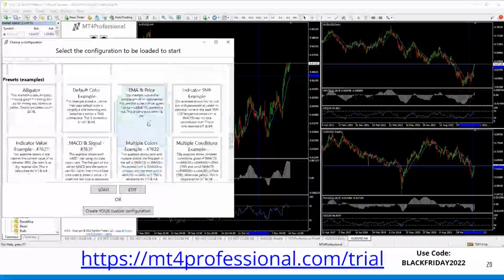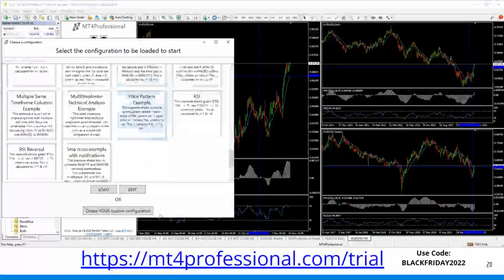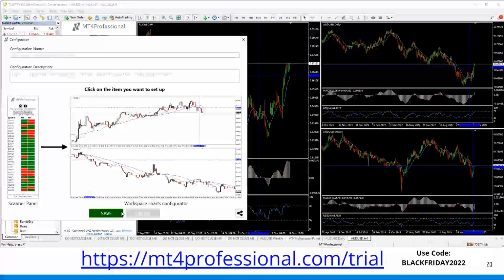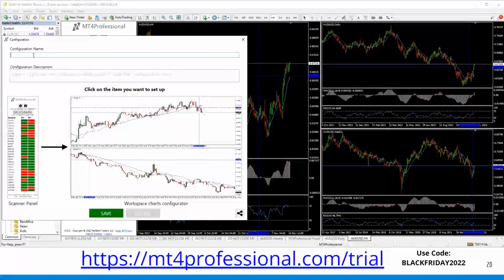If you notice that there are presets that you can use, find one that you like, or if you just want to create your own custom, then you can do that too. So I'm just going to start by creating my own custom configuration. I'm not going to start from any other predefined one, which you can. I'm just going to go ahead and start from a brand new one. I'm just going to call this one a custom Bollinger Band example. And this will be color rules based on the band indicator.